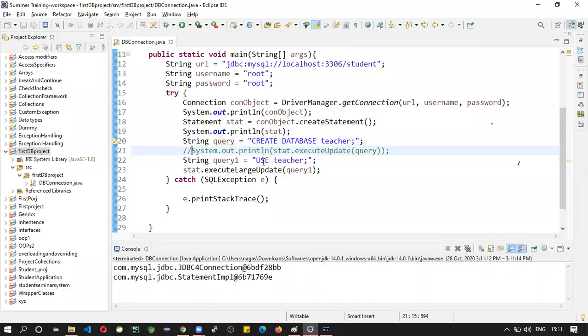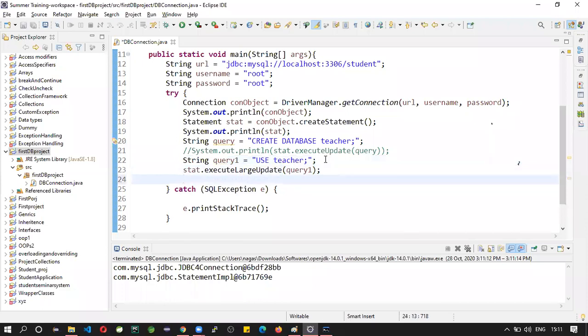Currently we are using the teacher database. So let us try to create a table inside that database. First write the query. What's the syntax for creating a table?